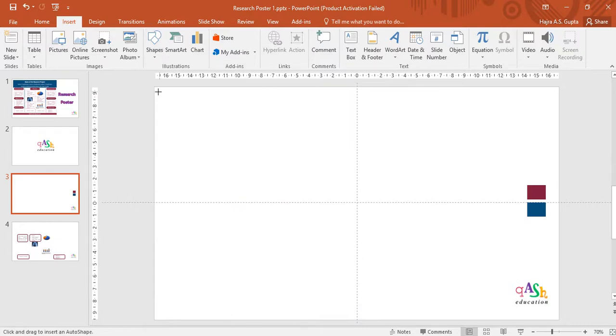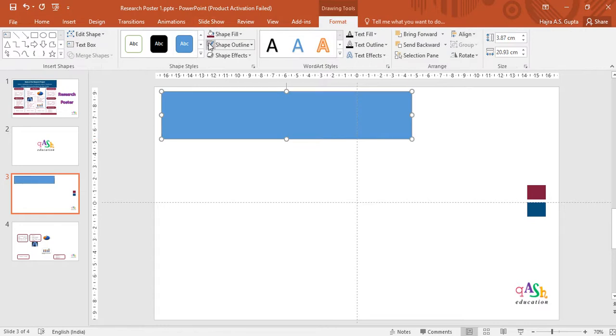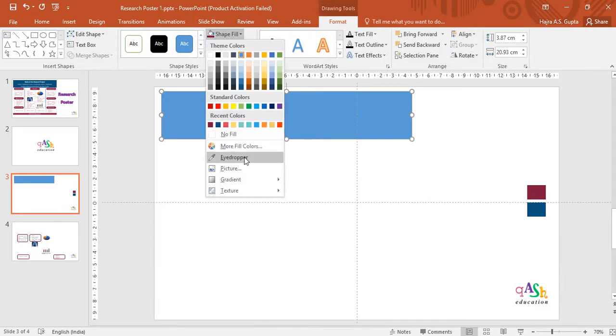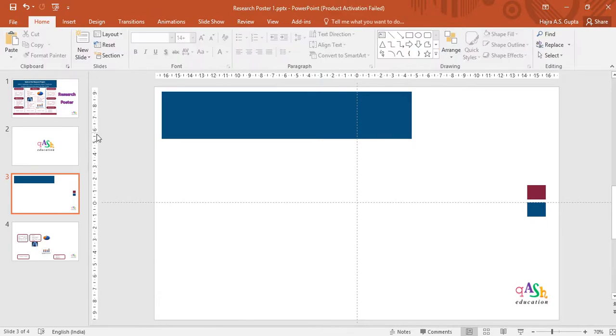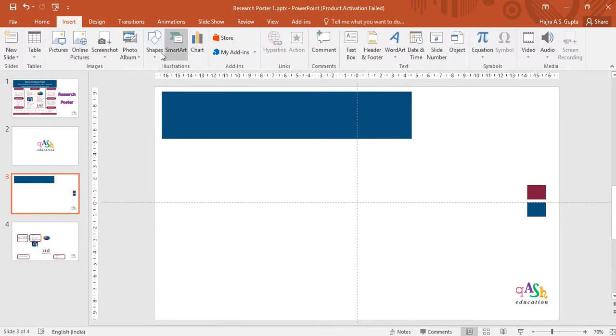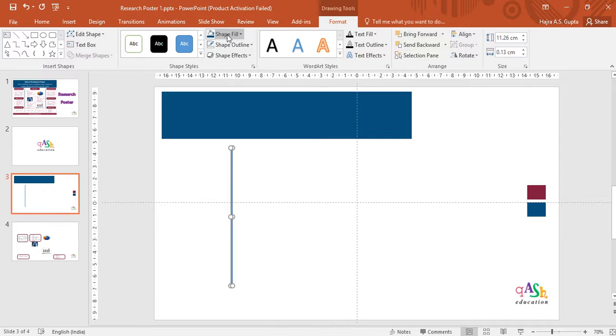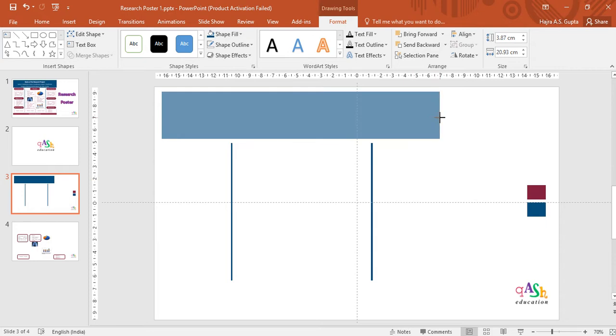First, go to insert, choose the rectangle shape and draw the rectangle. Don't bother about the sizes when you're drawing a research poster in the start. Just make the basic design first. So I've introduced a rectangle, and now again I'm going to go to shapes and select rectangle and draw a very thin vertical line. Remove the shape outline and give it the same color as that of the top rectangle. Duplicate it by pressing Ctrl D and adjust it to the other side of the upper rectangle. You may extend the size of the upper rectangle also.